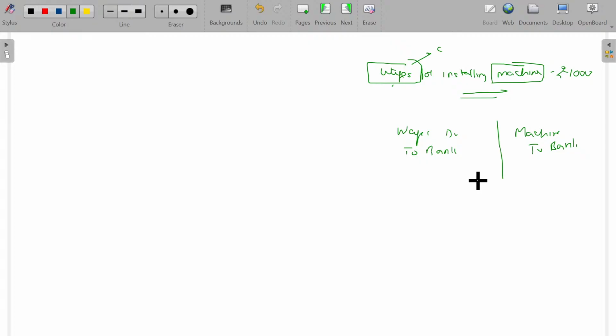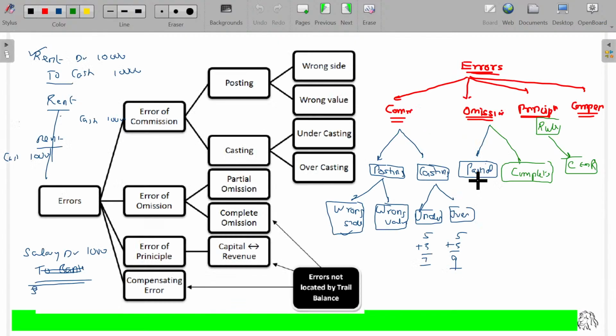So rather than debiting to the assets value, it may be debited to the P&L account, also error of principle. Or rather than debiting to the P&L account, they might have debited to the asset account, also error of principle. Error of principle. Capital and revenue classification problem will be considered as this one. And remember,